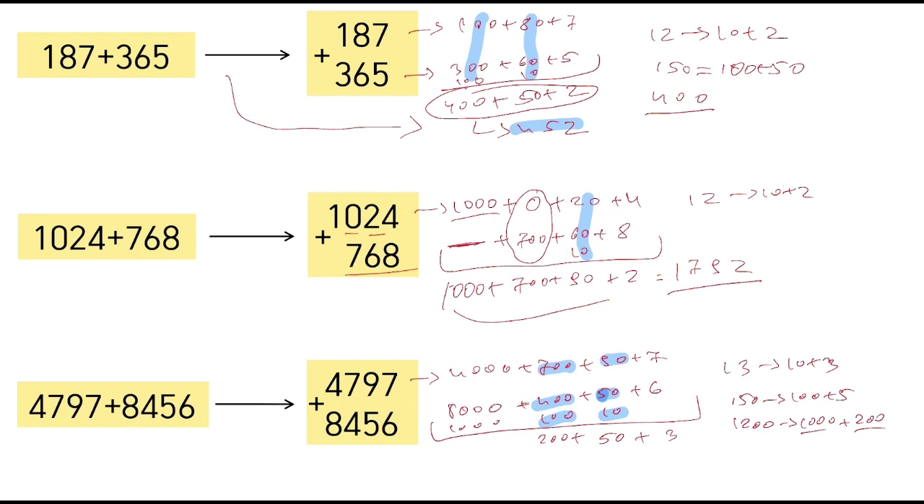Let's add the thousand places now. 4000 plus 8000 plus 1000 will be 13,000. Let's add these numbers. If you add these numbers, you will get 13,000 plus 253. Addition of these three numbers, and the result would be 13,253. We can add any number by this method, but I want to show you a way which is more